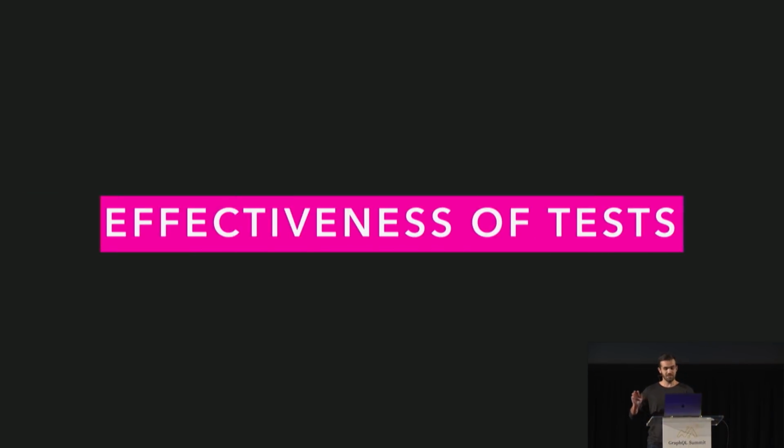Up next, let's talk about the effectiveness of tests. I like to think of testing in the mindset of the Pareto principle. And for the 99% of people who don't know or care what that means, it just means that most of the time, 80% of the benefits you're going to get from something come from 20% of the work. In other words, you do 20% of the work, you get 80% of the benefit. In other words, the other 80% of your work isn't really wasted, it's just less beneficial than the beginning part. So for this talk, I'm going to try to focus on helping you choose what 20% to test, especially when it comes to Apollo's tooling.